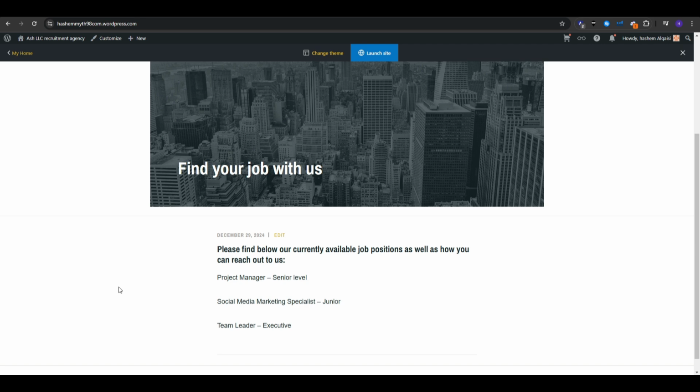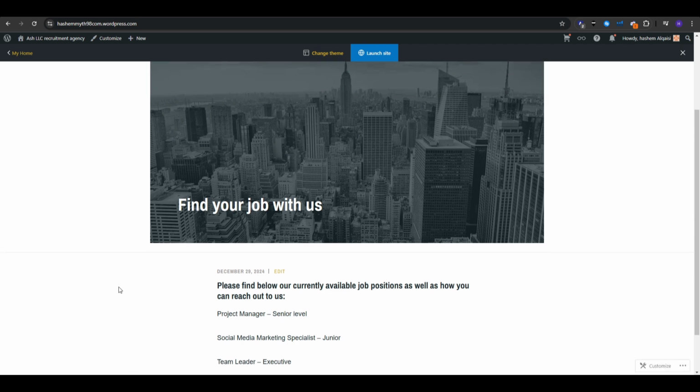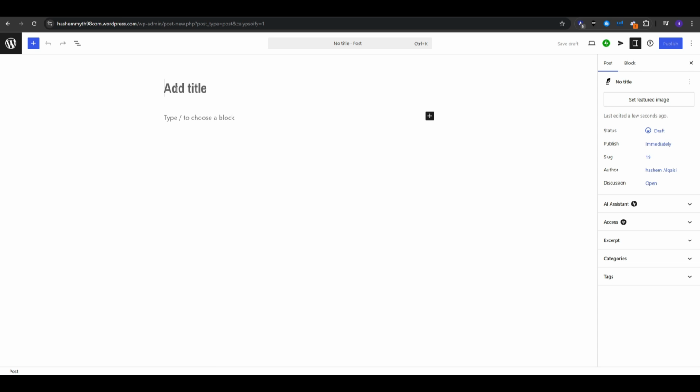Next up, you can consider adding a blog to your site, which is optional but still beneficial. As to why you would do that, you could actually share hiring tips, resume advice, or industry trends. You can also drive more traffic via search engines, or SEO, and you can engage both employers and candidates with valuable insights. To do that, you can go to Posts and then Add New in the admin